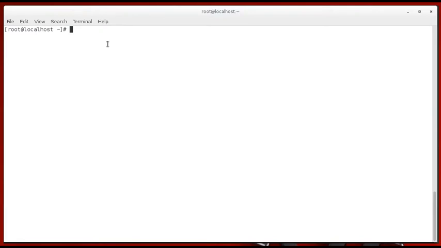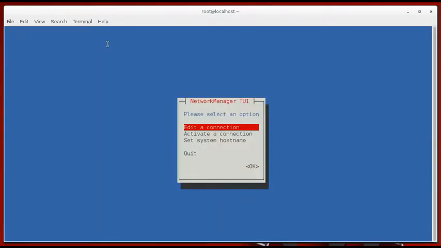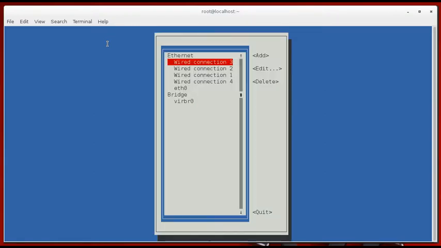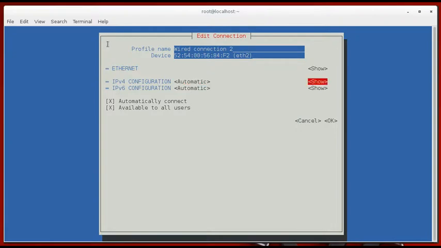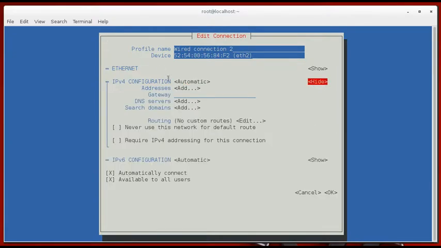So let me just do a quick introduction to the network manager text user interface, just to show you that it's a very comprehensive tool that is very easy to use to configure your interfaces. Let me just show you here. You have three options, which is edit a connection, activate a connection, and set the hostname. Once you go in, you will see that it's very simple. You can actually just select the connection that you want to edit, and right here you have all the configuration that you can change. For example, the address, the gateway, the DNS server, and